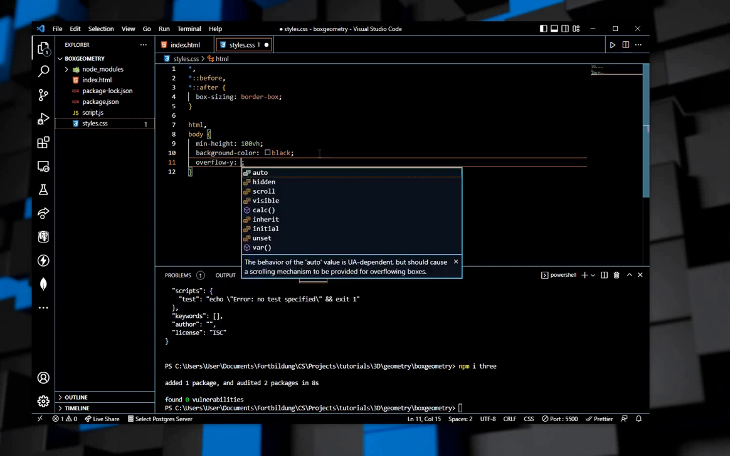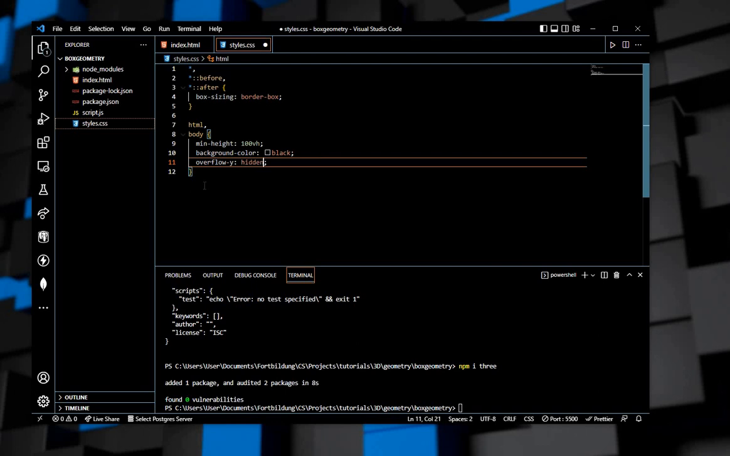And I also like to have no overflow on the y-axis, so I like to not see a scroll bar to the right of my view. So this is going to be hidden. We're just going to be seeing the scene. Then we're going to be